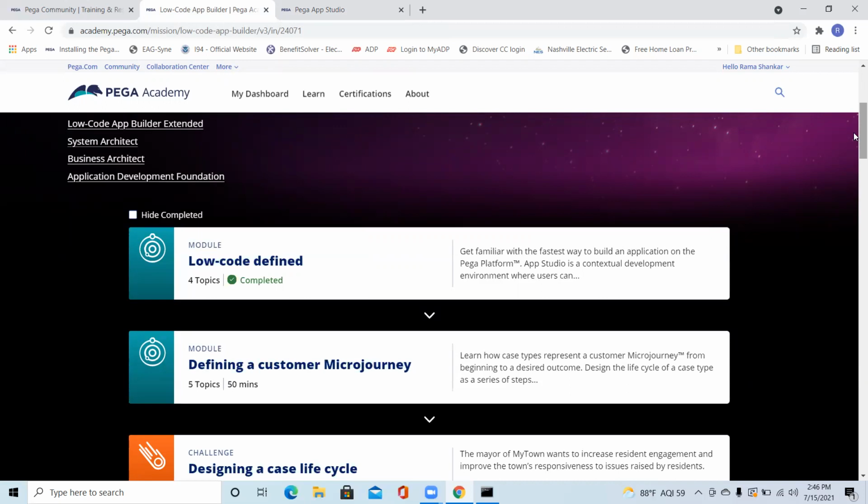Under this timeline, what is the minimum lovable product they want us to deliver? So we are breaking the big chunk into smaller pieces. Those smaller pieces are nothing but micro journeys.